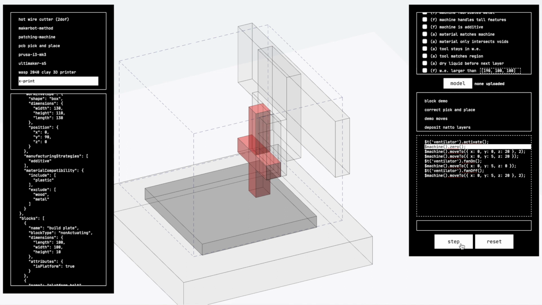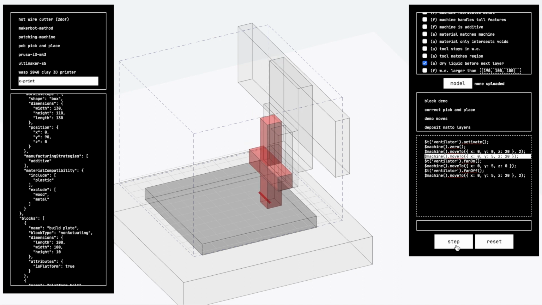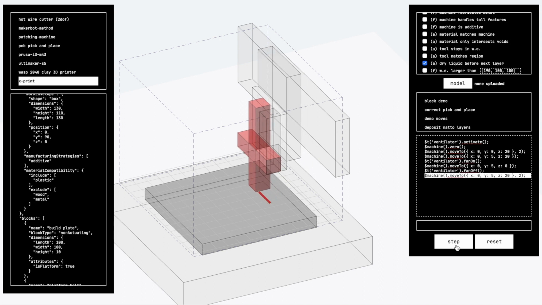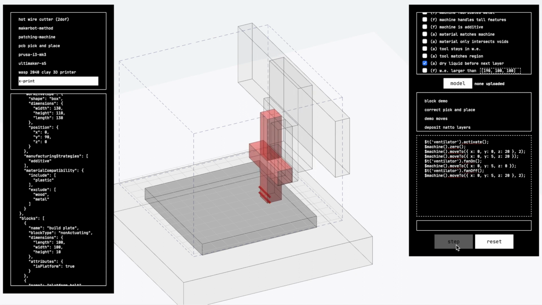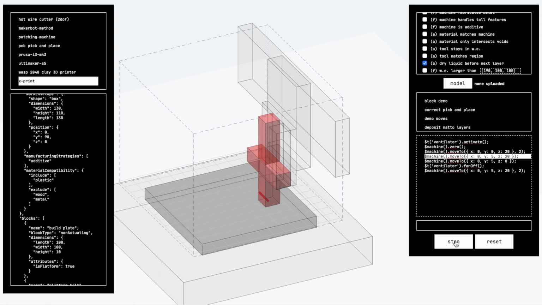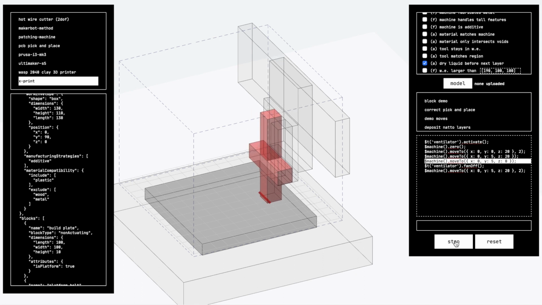We load a workflow from the server that deposits 2 layers of natto cell culture, which curls when exposed to water. We step through each action, first activating the ventilator tool, which allows us to call .fan_on and .fan_off. After depositing the first layer, we turn the fan on and move back to the origin to dry the layer, and then deposit the second layer. If we delete the fan-on action and try the process again, we'll get an error saying that we haven't dried the first layer yet with the fan.